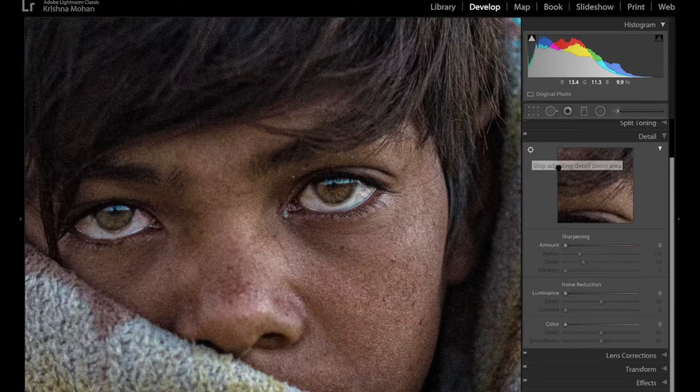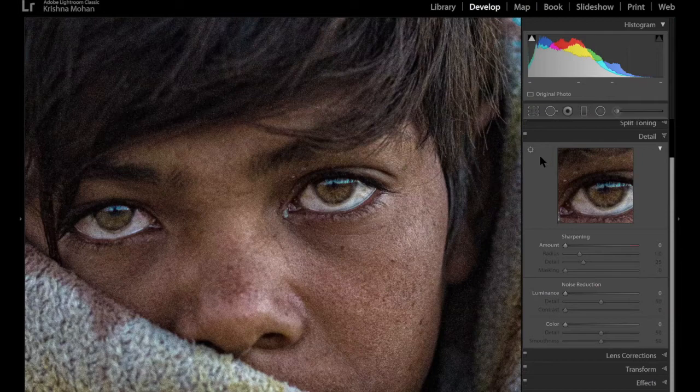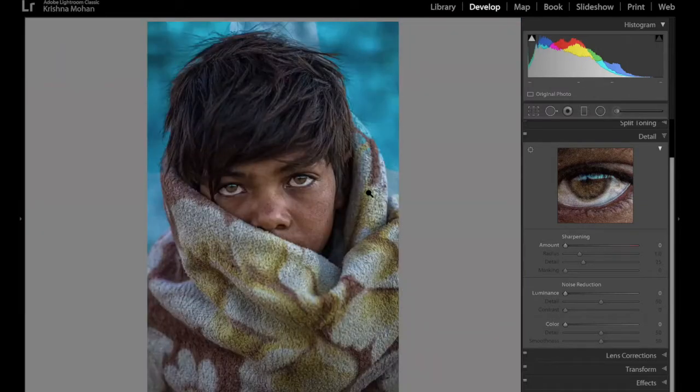Most of the time we basically want the eye to be sharpened. So let me take it to the sharp eye and make sure that this is 100% and this is at the full view. So I get two different views. This is at 100% and this is at full view. Now this is very important because when you do sharpening, don't go for 200% or a normal view, because you won't be able to judge the sharpening.